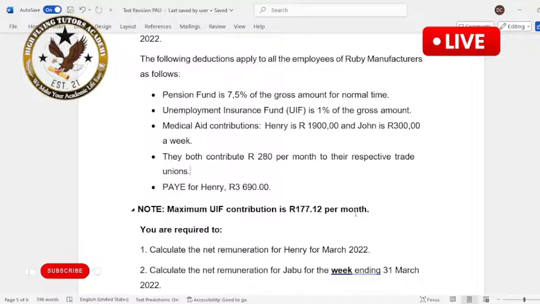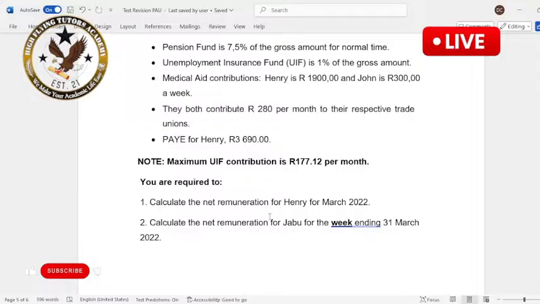You're going to take 177.12 as your UIF, unless it's less than this, then you can take that one, because they said the maximum UIF contribution should be 177.12 per month. All right,